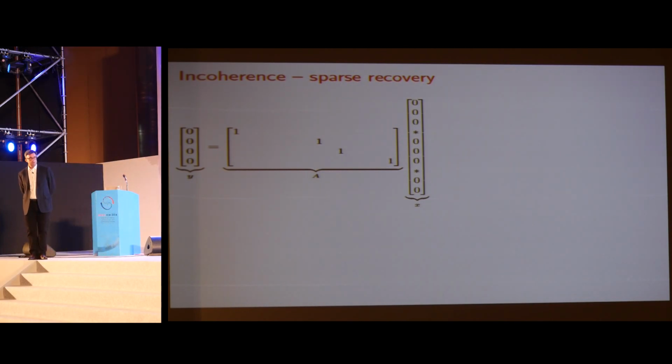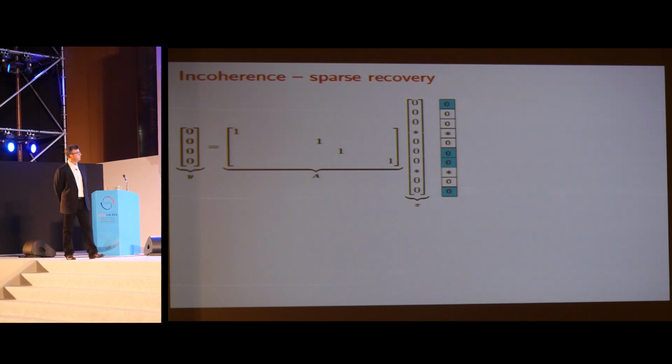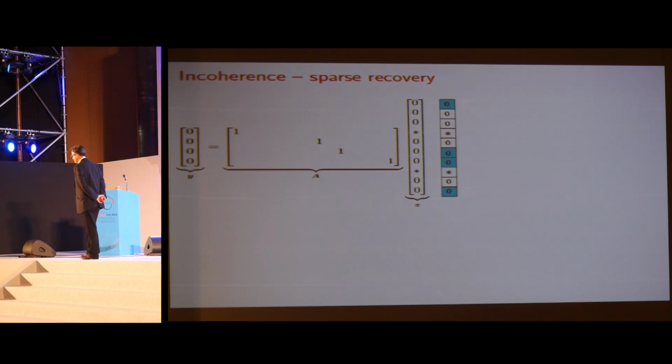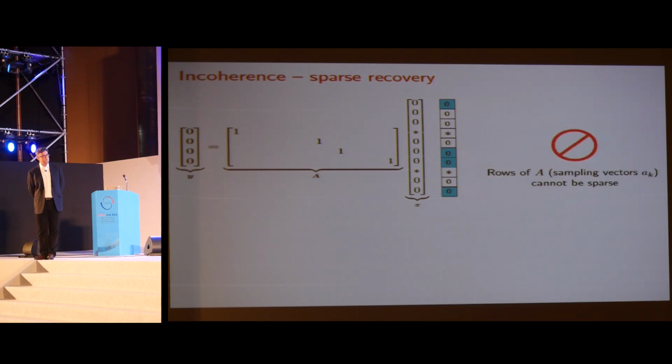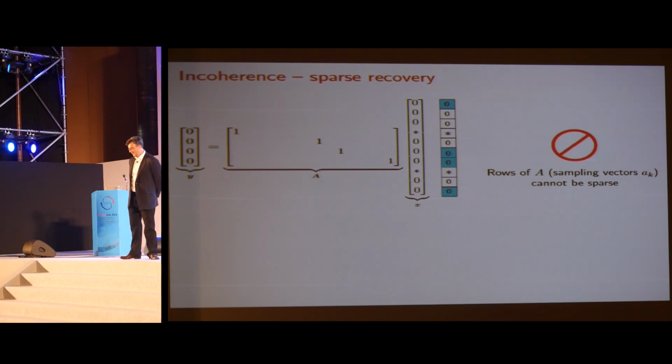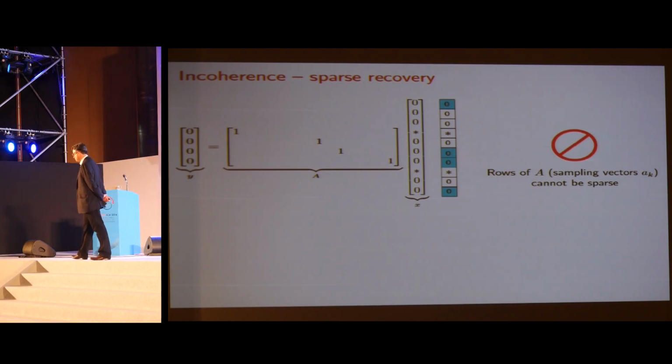Okay, so what A is doing here, what the system is doing, and that's what I've tried to picture here, is, well, A is revealing entries of the vector X. So in particular, it's revealing the entries in those blue cells. And even if you tell me that the solution is sparse, I just see zeros. I don't know how I could guess the value of the non-zero coefficients. So what we learn from this, of course, is that if I have any hope to solve an underdetermined system, I better make sure that the rows of A are not sparse, right? So if the rows of A are sparse, it becomes very easy for X to be in the null space of A, and so nothing can be done.